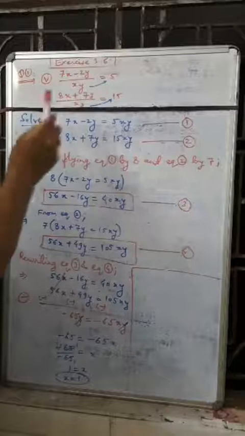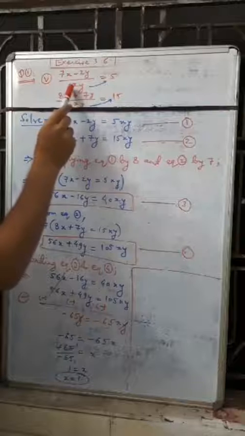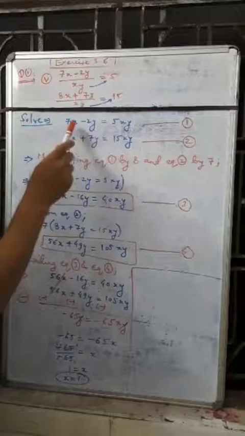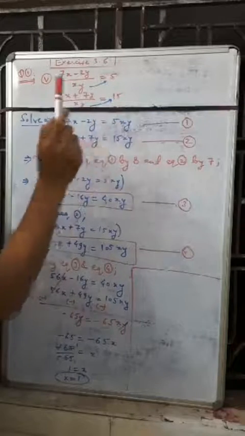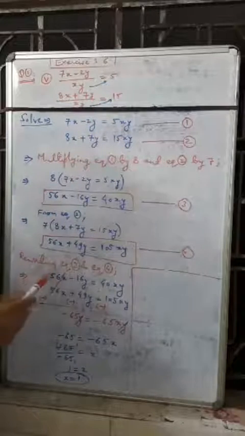of equations. So 7x minus 2y, do the cross multiplication, xy will be transferred to the multiplication of 5 here. So it will become 5xy. So 7x minus 2y is equal to 5xy. 8x plus 7y is equal to 15xy.